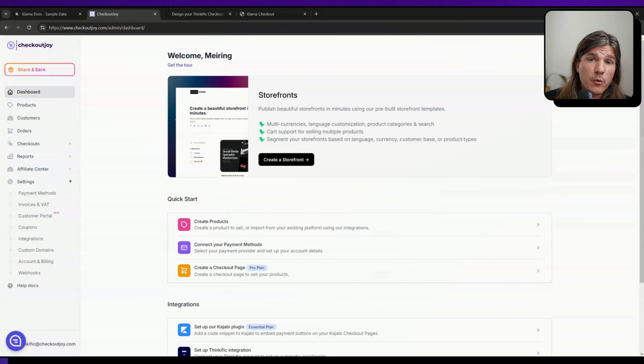Another checkout option that we offer is a product checkout. That is a checkout page hosted by CheckoutJoy, so there's nothing to embed onto your Thinkific website. As soon as you've imported your products into CheckoutJoy, you will have a ready-to-go, standardized and secure checkout page. So I want to quickly show you how to access that one and how to use that with your Thinkific